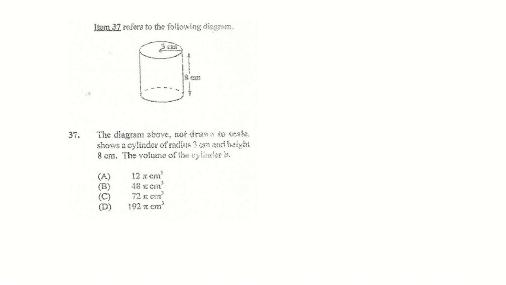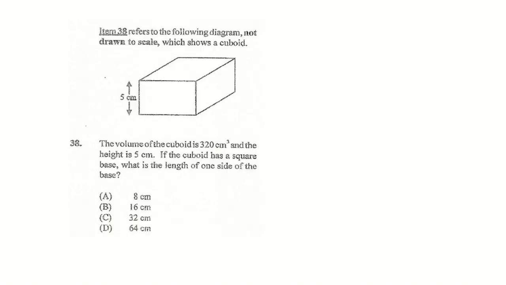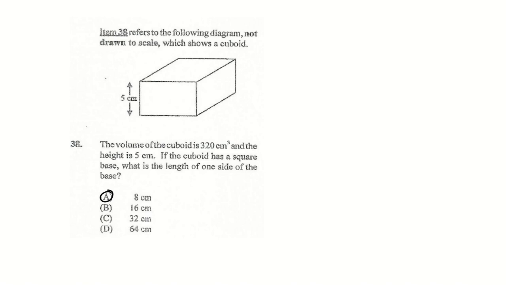The diagram above, not shown to scale, shows a cylinder with a radius of 3 and a height of 8. What is the volume of the cylinder? We know volume is pi r squared by height, which is pi by 3 squared by height, which is 8, which is pi by 9 times 8. 9 8s are 72, so it's C. The volume of, this is a repeated question as well. They want to know the length of the square base, one length, which is 8. Right, and that was the end of